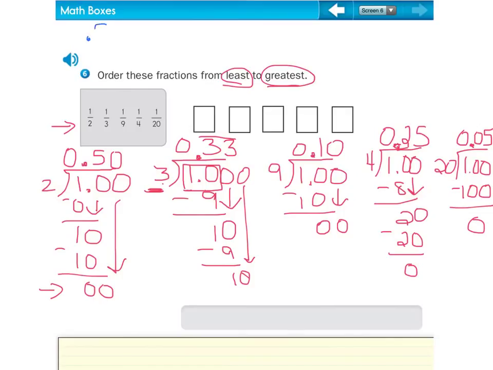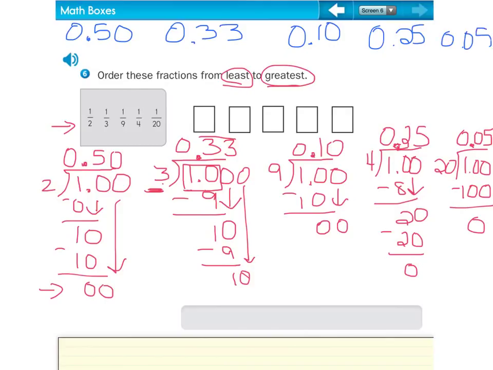Okay, so this is going to be 0.50, 0.33, 0.10, 0.25, and 0.05. If I was reading these numbers, I'm going to put commas here so I can distinguish the difference between each number. If I were reading these numbers, that would be how I have it written: I apologize. First one, not 5/100ths, 50/100ths,